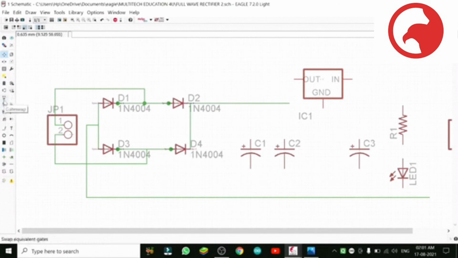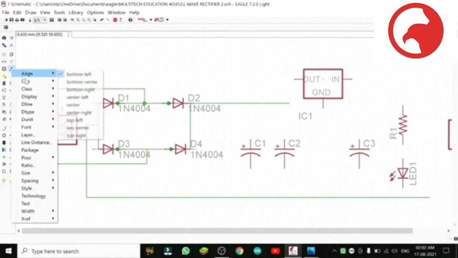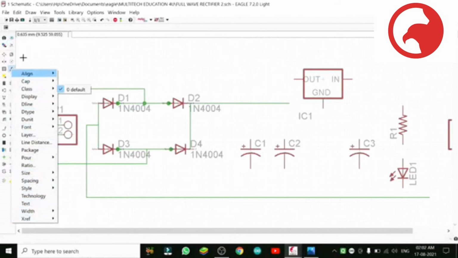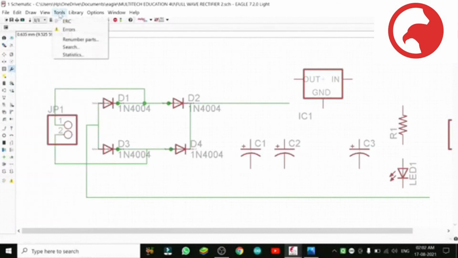From here, I need to find the symbol. We'll go to setting. I didn't find it.